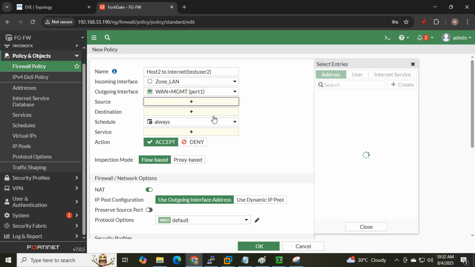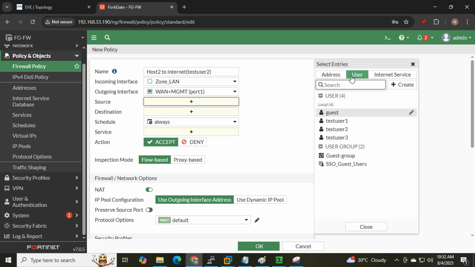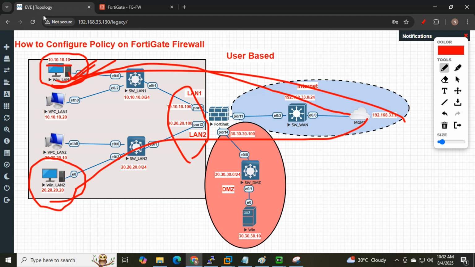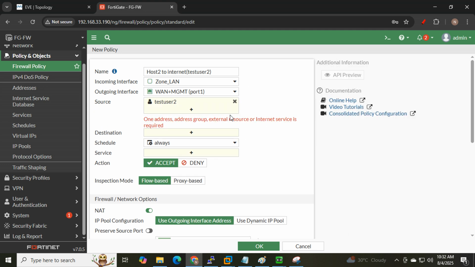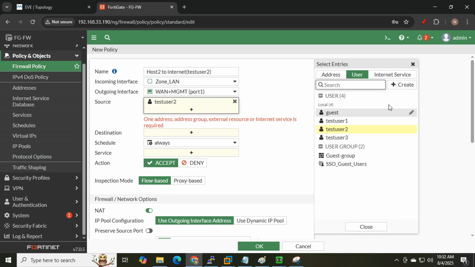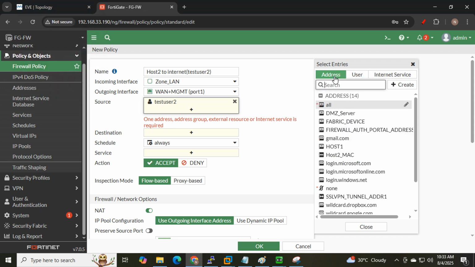And what will be the source? This time we are going to allow our WinLAN 2 PC 20.20.20.20, based on test user 2. So we are going to allow test user 2 here, and along with test user 2 we want that particular address for which source we are going to allow. So just click on the address section, and here you will get